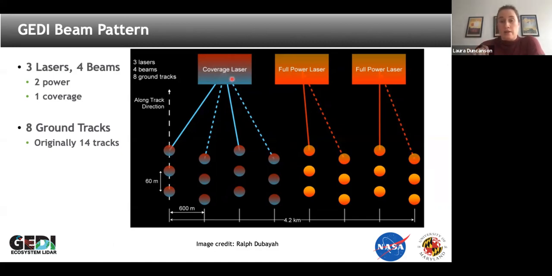So it's essentially splitting it so that we can get a bit more spatial coverage, but these coverage lasers are lower energy than the original full power lasers. So we've got 2 lasers that are super powerful, and then 1 laser that is split into 2, still quite powerful, but not quite as powerful as the full power laser. So we've got these 3. The coverage beams are half of the observations you get, and the full power lasers are half. So you get 4 beams hitting the Earth, and then those are optically dithered back and forth to give you these 8 ground tracks we saw in that animation. And then the spatial sampling on the ground for each of these, along one of those tracks, you get these cookie cutter 25-meter pulses spaced about every 60 meters. And then between tracks, there's about 600 meters.